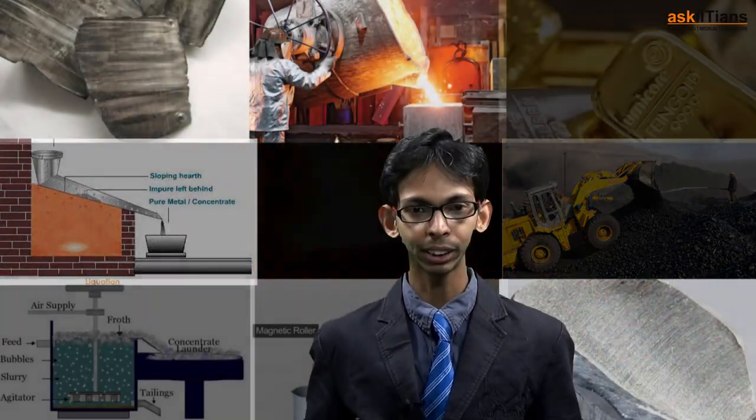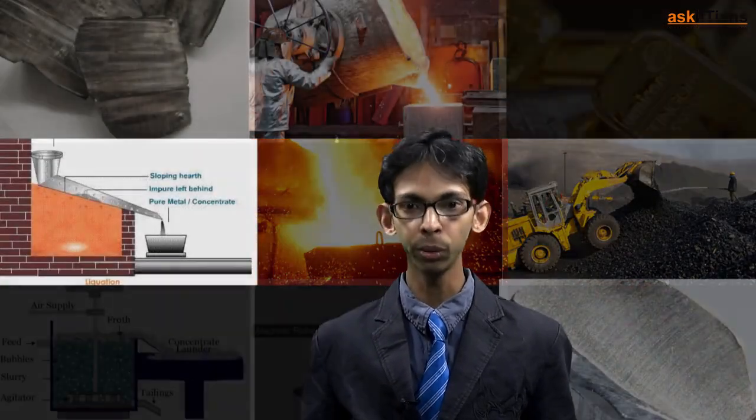Welcome back students. I hope you are enjoying my videos, and in this video we are going to study the methods which are used for extraction of metals from concentrated ore. In the first step, we mine the ores from the earth's crust, and in the next step we concentrate those ores by removal of impurities, dusty impurities, gangue or rocky impurities. And then in the next step we do some chemical and physical processes to remove the metal from those ores, which is known as extraction of metal from ore.